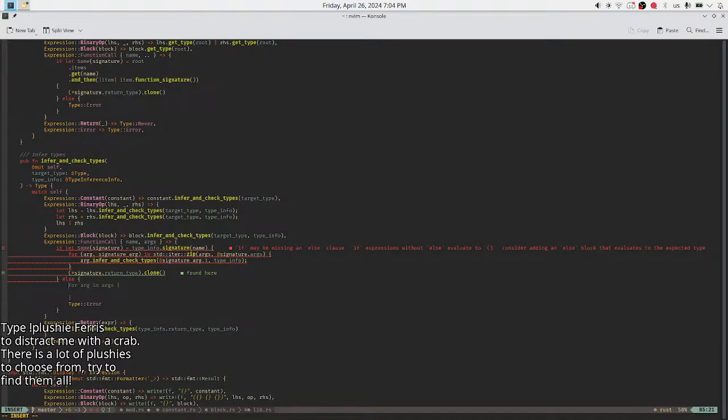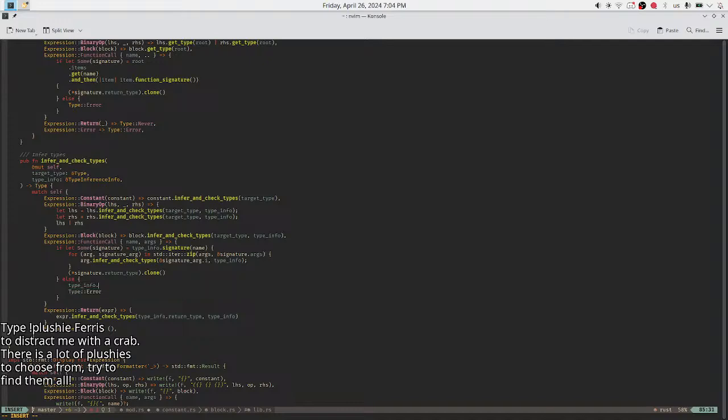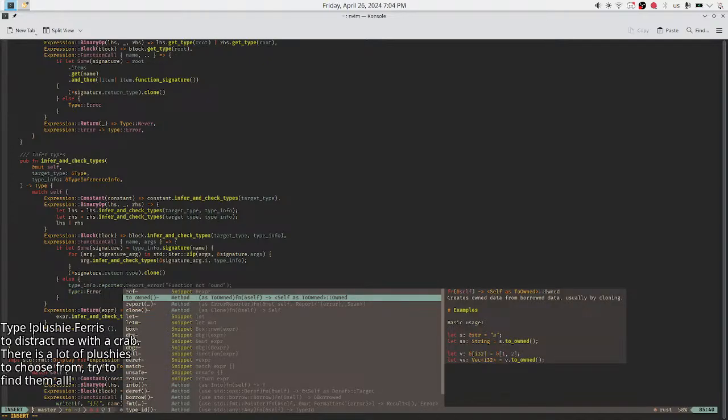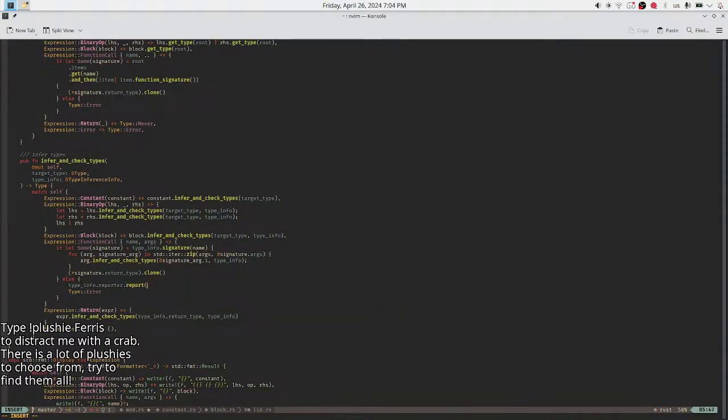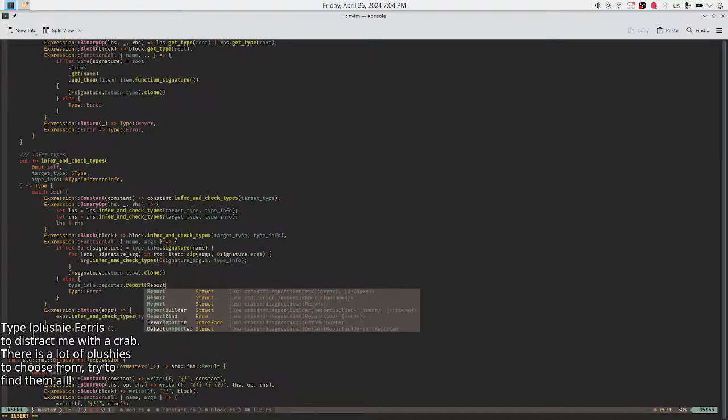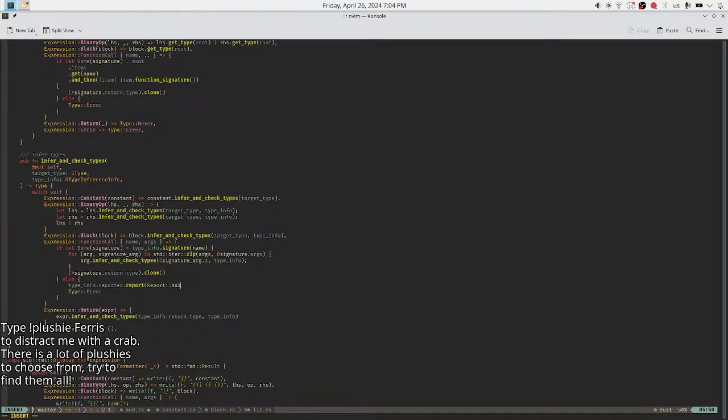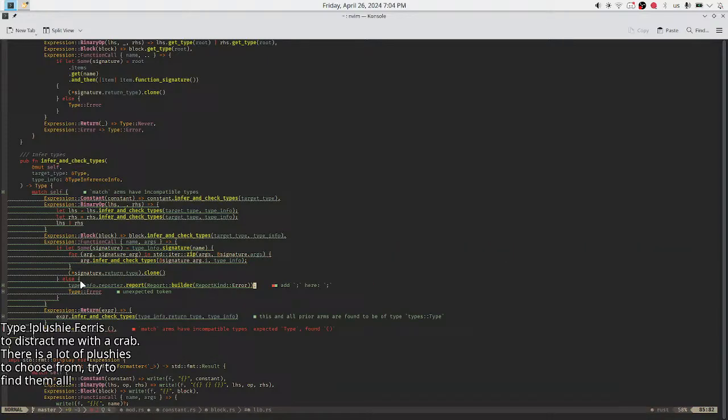And good thing I have type info reporter. Well, maybe it's a little out of place. Maybe I should rename some stuff. Report build. Maybe builder. I don't remember already.